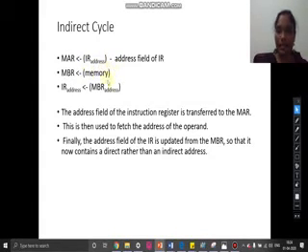So again that memory is fetched where you will be getting the actual content. So finally the address field of the instruction register will be updated from this memory buffer register. If you do not understand, please kindly check your addressing modes, indirect addressing mode, then only you will understand this.